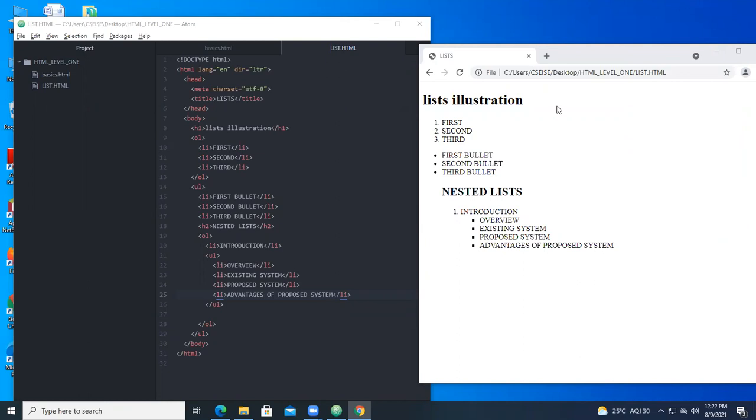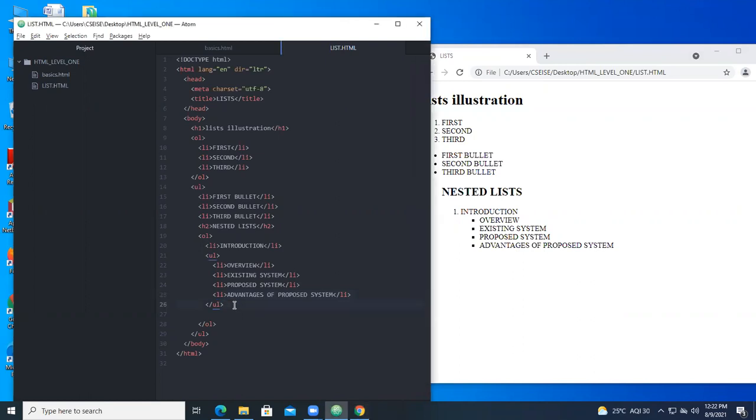Okay, so under nested list, you have created an unordered nested list inside an ordered list. After that, in today's class, we shall go with another nested list implementation, where you have an ordered list inside an unordered list.